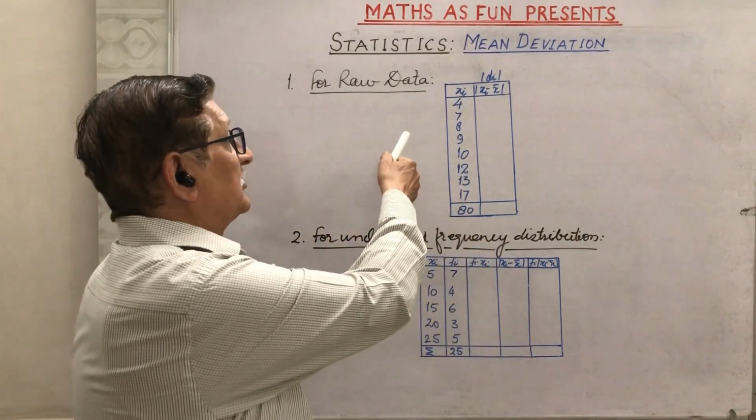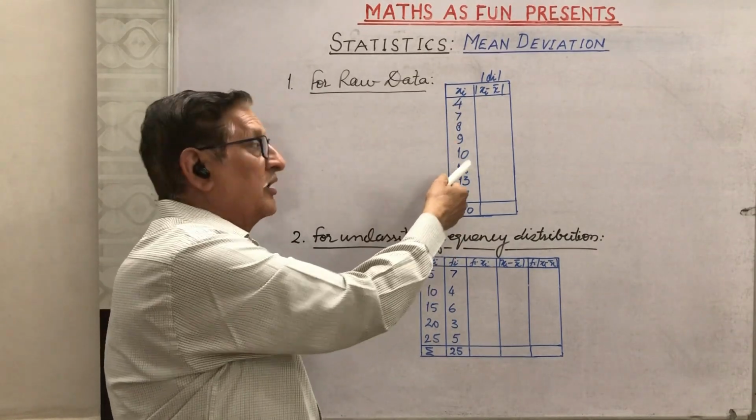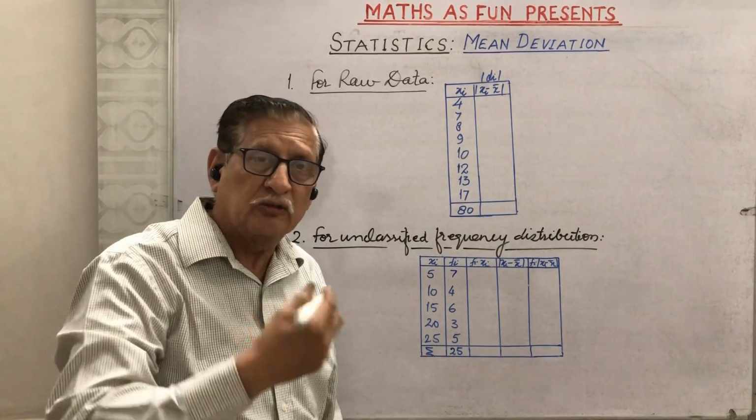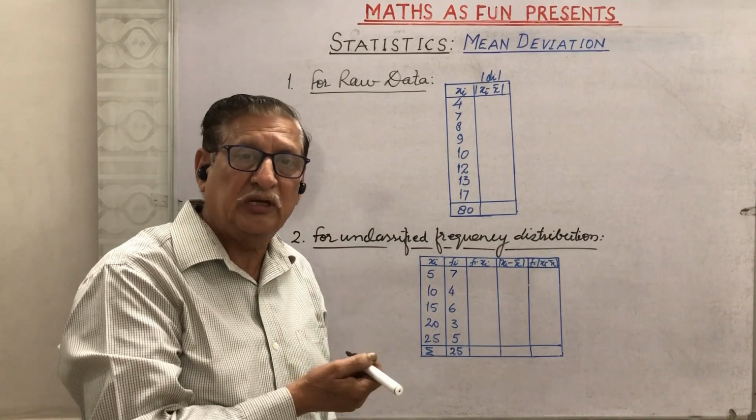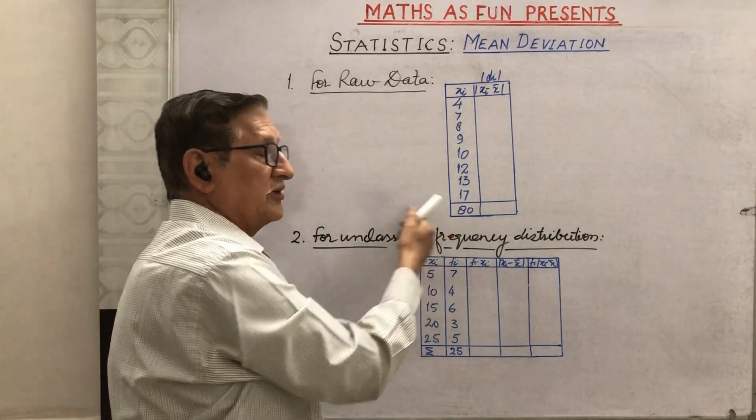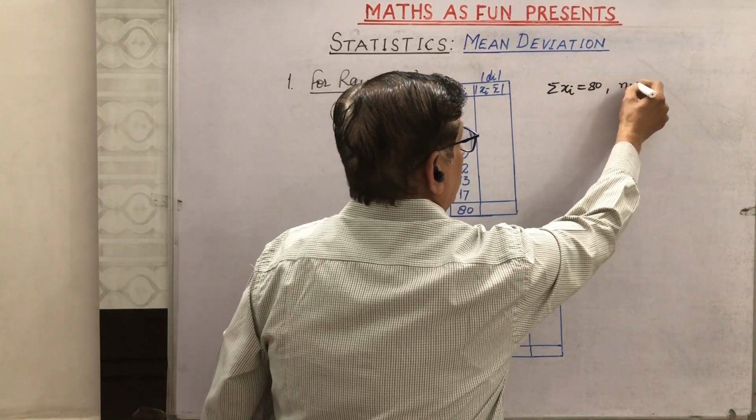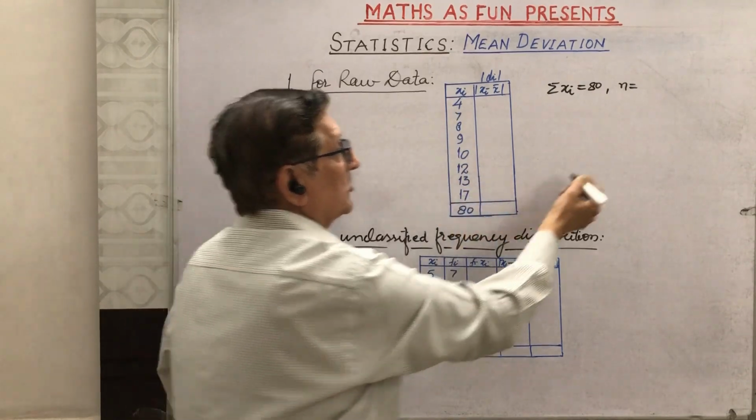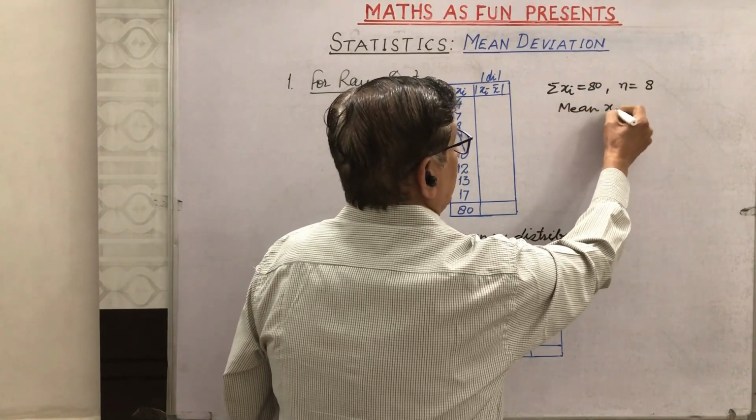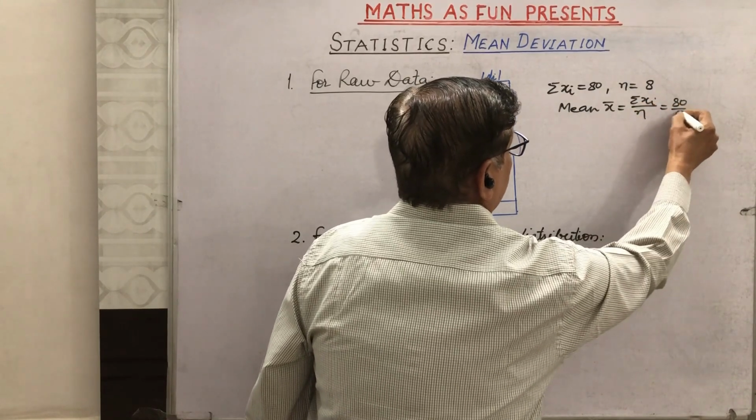The first one, for raw data, is: the data have been given here as xi. They are 4, 7, 8, 9, 10, 12, 13 and 17. To find out the mean deviation, we know that first of all we have to find out the mean. To find the mean, we have to find the sum of the data, and that sum here is 80. So sigma xi is equal to 80. And what is n? n is 8. It means the mean x bar is sigma xi upon n, that is 80 upon 8,